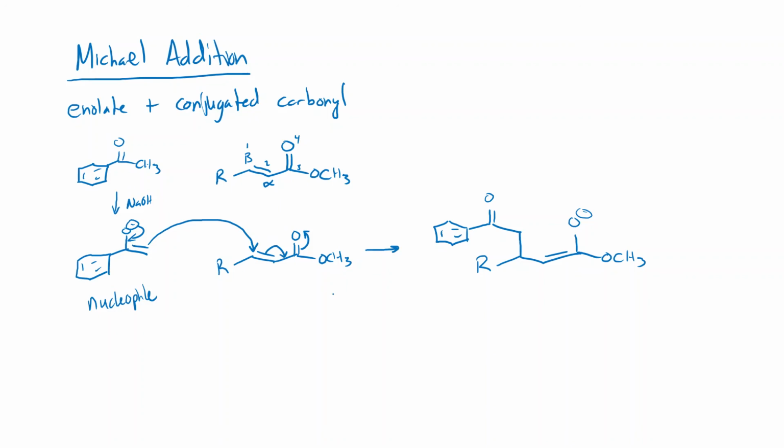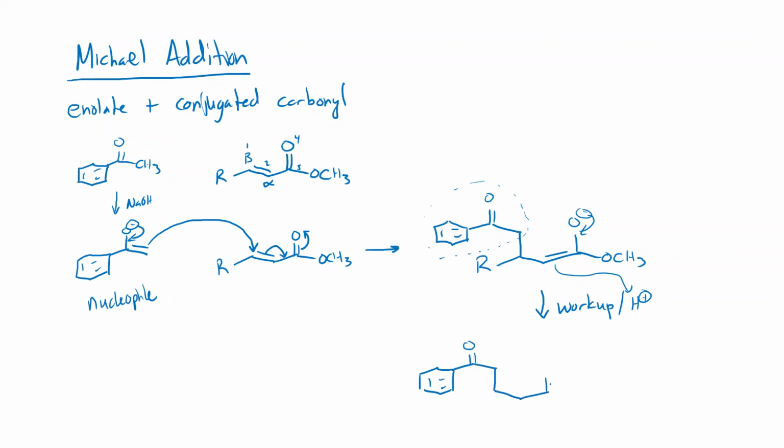So once again, this is a place where we want to make sure we count carbons. We have 8 carbons in our nucleophile. We've added those 8 carbons right over here. Right? So obviously we've also created an enolate here, and so now we have to do something with this. I'm just going to, in workup, add H+, right? So we're going to add like water to this or whatever. Somewhere in there we're going to add an H+, and so we're just going to remake the carbonyl here and add H+ to that. And so the product that we get out is going to be a compound with 2 carbonyls